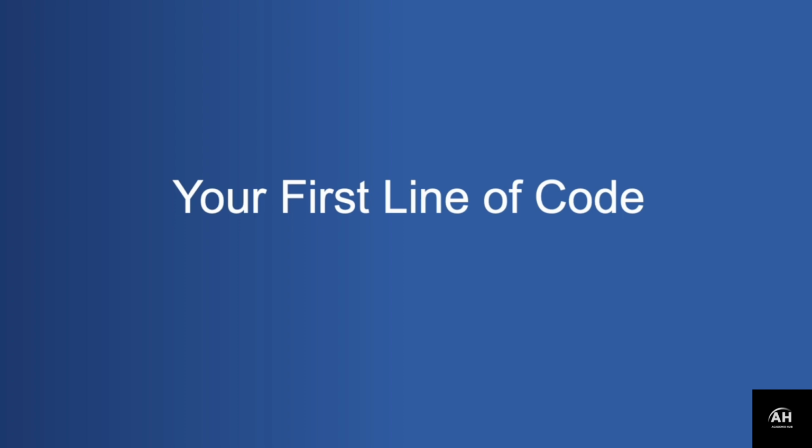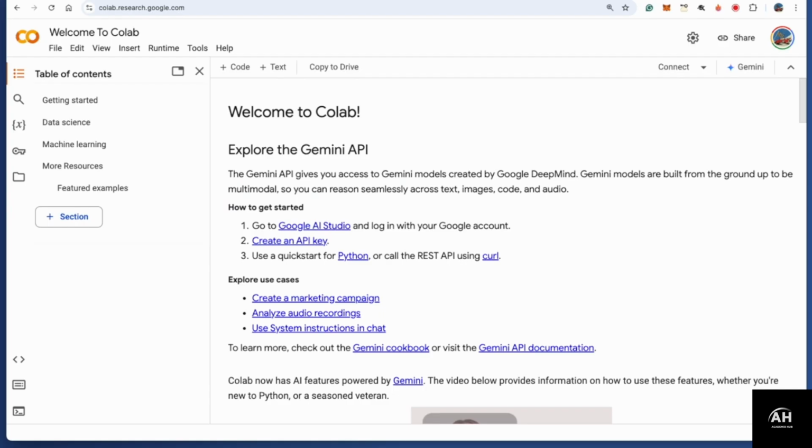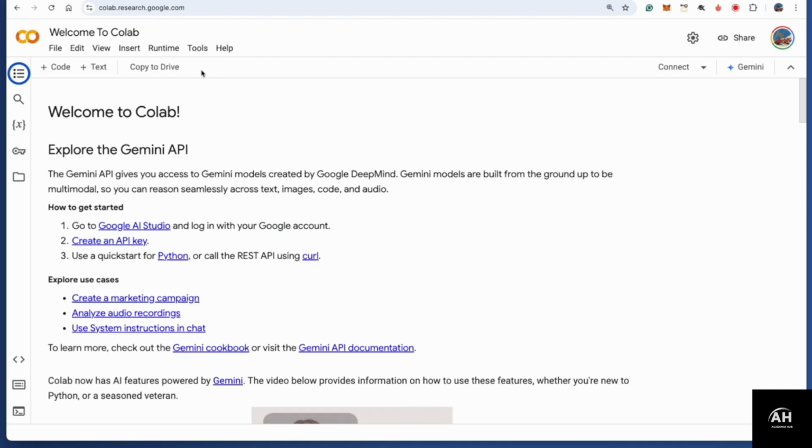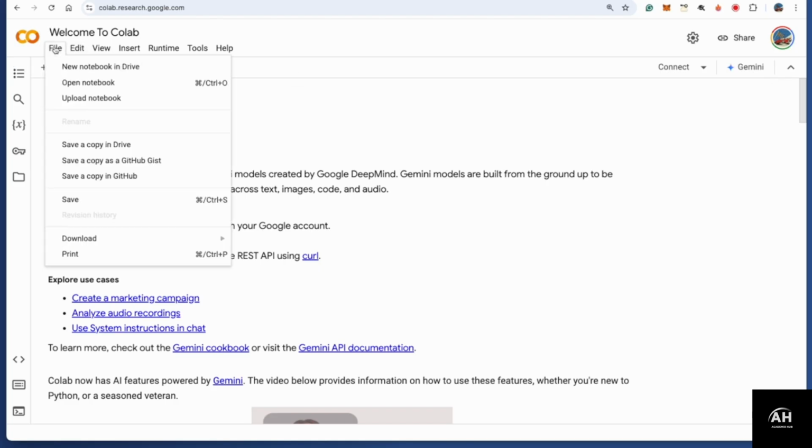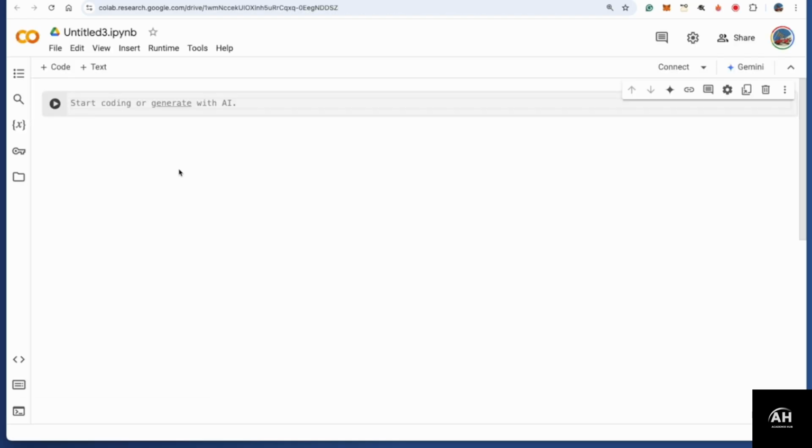Now to do that, I'm going to open my browser and go to colab.research.google.com. I'm going to close everything here. I don't need any of these. And I'm going to say File, New Notebook in Drive. It will create a new notebook. The first thing is always make sure you name your file. So I'm going to say first